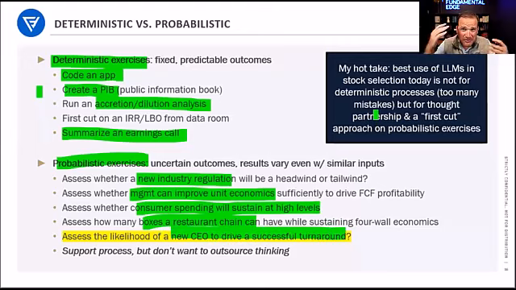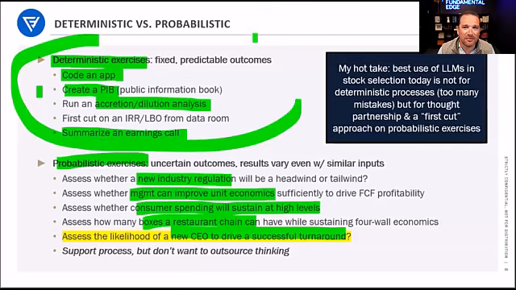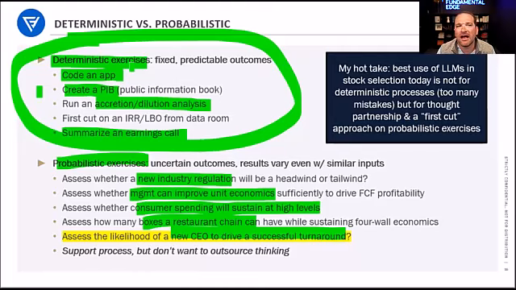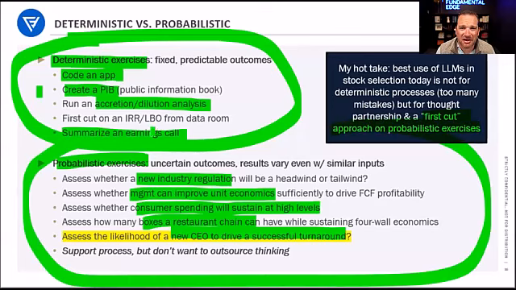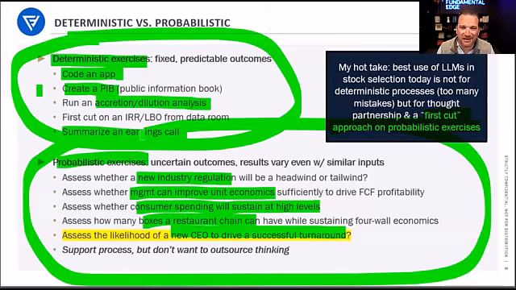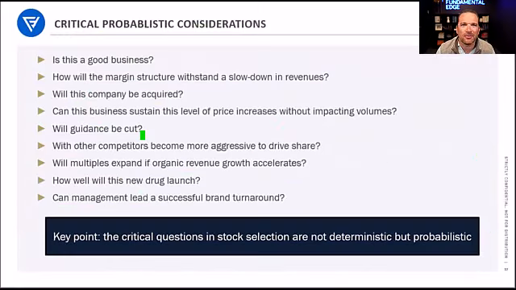My hot take for you today is that the best use of LLMs today is not necessarily these deterministic processes, because this is where there are simply too many errors, certainly when it gets into anything quantifiable. Go back to AI's inability to pull accurate data. The more interesting use cases to me are first cut exercises on these probabilistic questions, where this takes a lot of artisanal research, a lot of reading, a lot of consideration. As a first cut exercise, AI can be a really valuable intellectual tool.